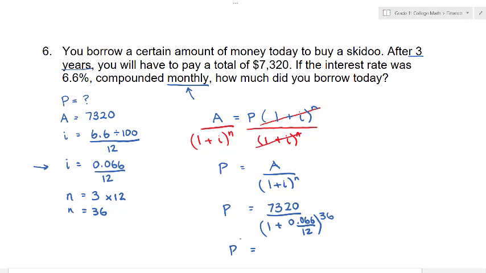So we have on the top 7320, and in the bottom we have, so it's 7320 divided by bracket 1 plus 0.066 divided by 12, close the bracket, to the power of 36, and I get